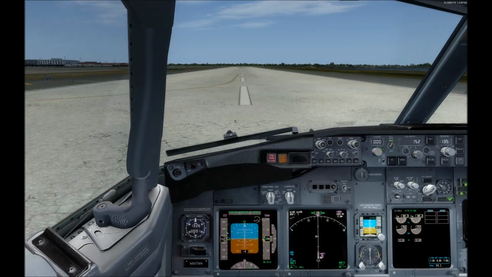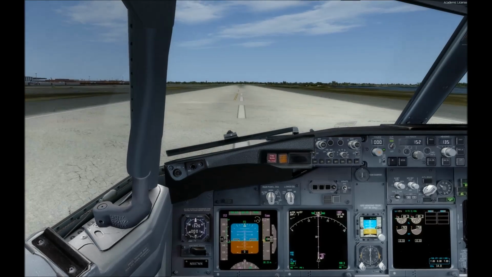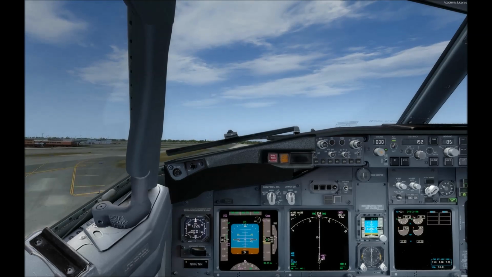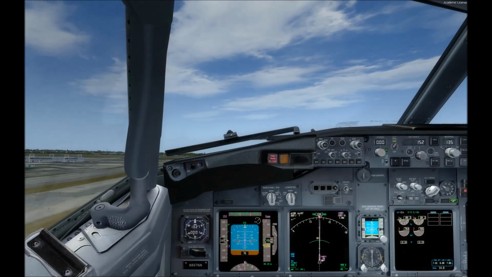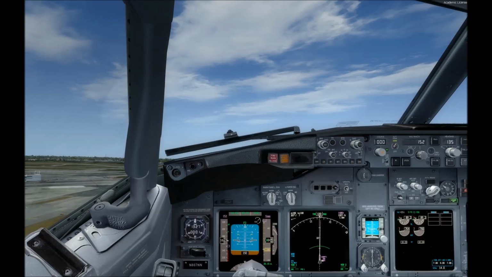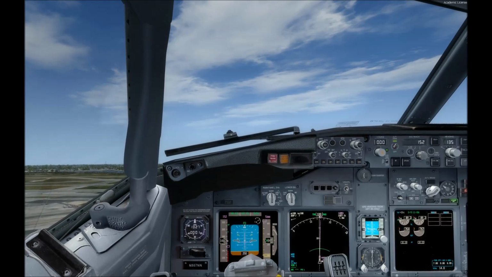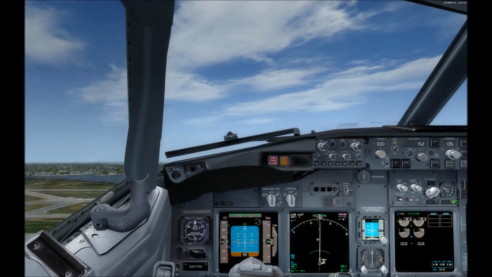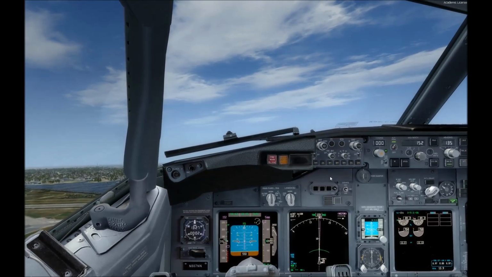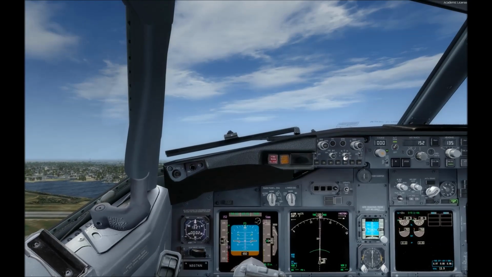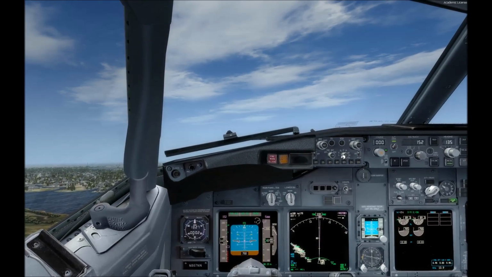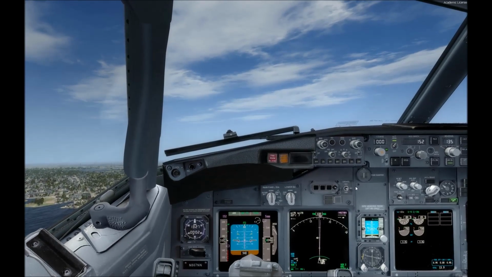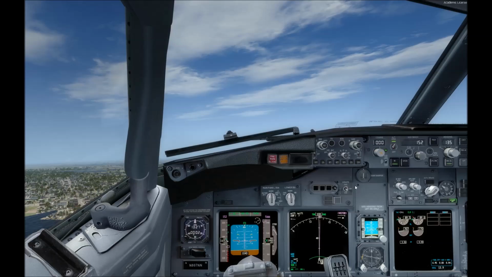V1. Rotate. V2. We have a positive rate of climb, and gear's coming up. Pitch that nose forward ever so slightly. And we're looking for runway heading, which we will hold here. And then if we take a look, you can see Merritt is off to our left there. So we're just going to fly this heading, we'll get ourselves cleaned up, and then we will self-vector on over